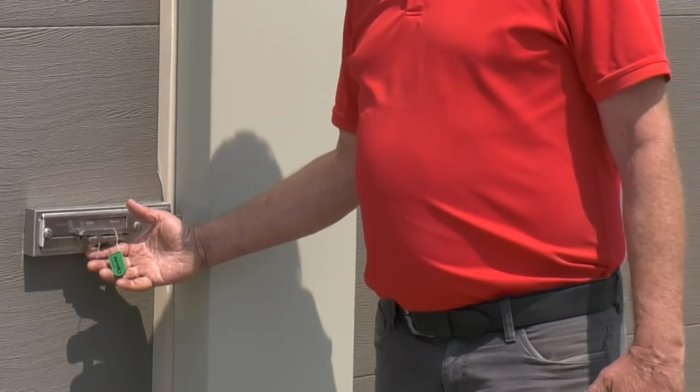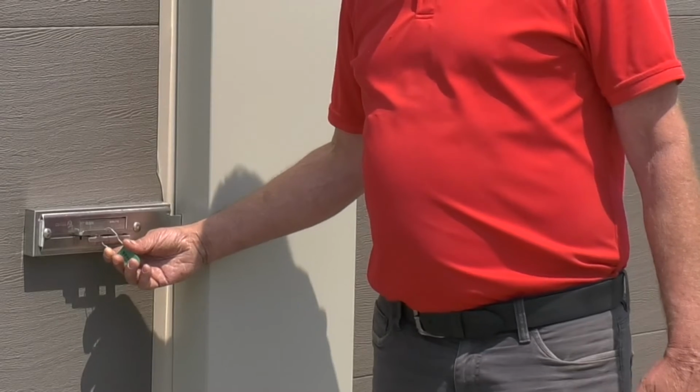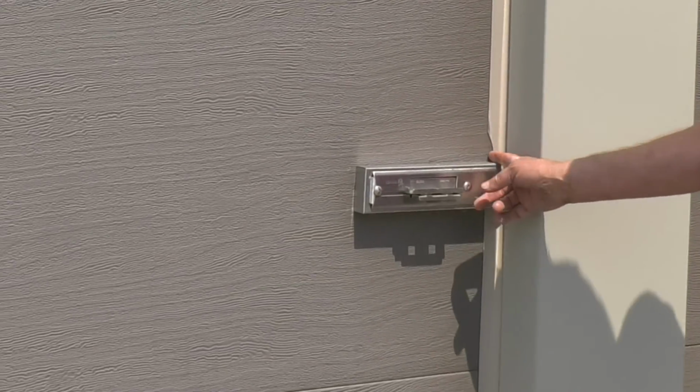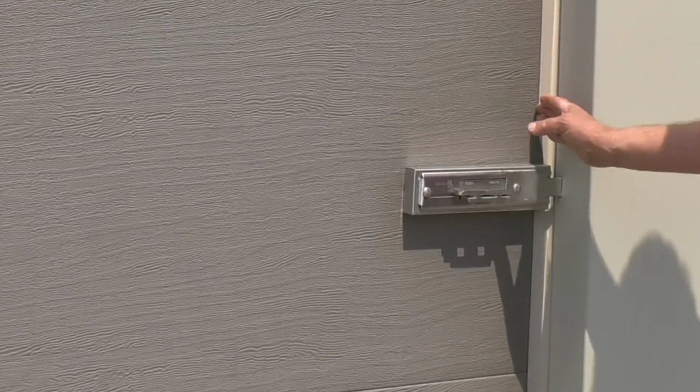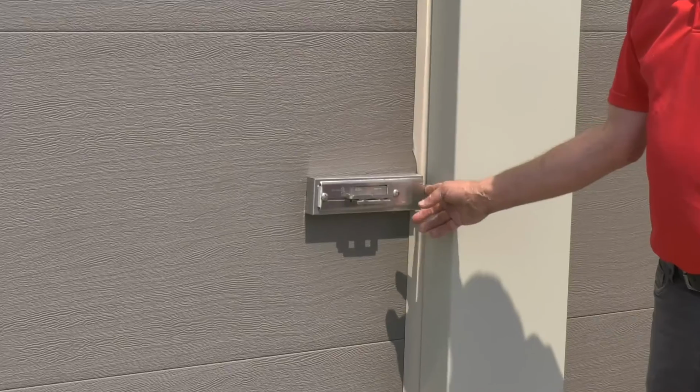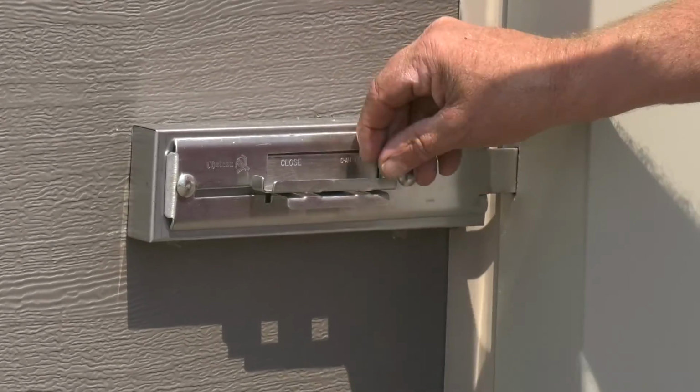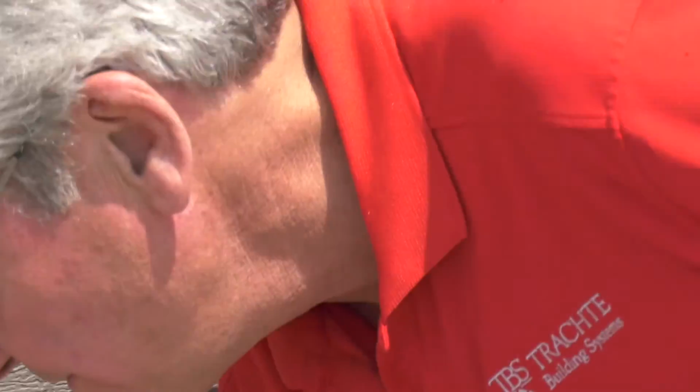This owner has a green tag on it. That means it's ready to rent, cleaned out. So I'm taking the green tag out. Notice he cut his trim out. He wanted more of the throw into the unit. Now I'm gonna open the unit, and